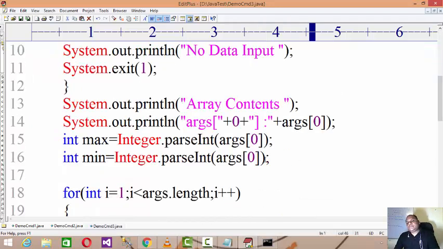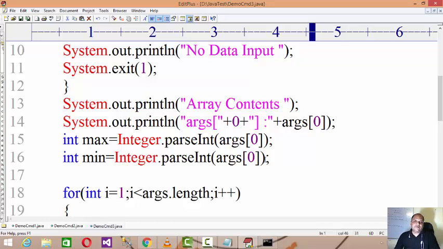Means if somebody asks you what is the logic of finding the greatest value from the array, from the set, or the lowest value from the set, so what is the logic? General logic, step number 1: consider the first entry as a max and the first entry as a minimum also. Then from 1 to array length you set another loop, and if a number is more than the max, because the 0th position is considered as a max, then update the value of max.